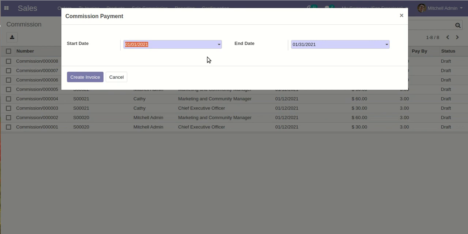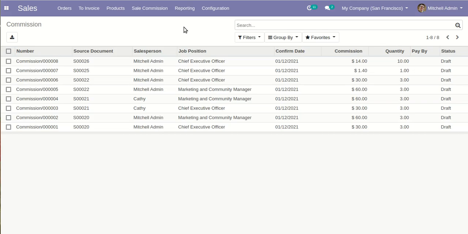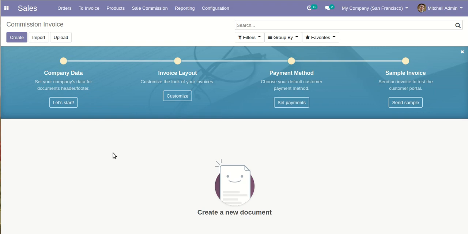But when it is set to invoice generation, management or the related HR person will easily be able to create an invoice here from a given date, and all the related invoices will be summarized by the system and automatically calculated. After clicking on the create invoice option, those invoices will be collected over here.